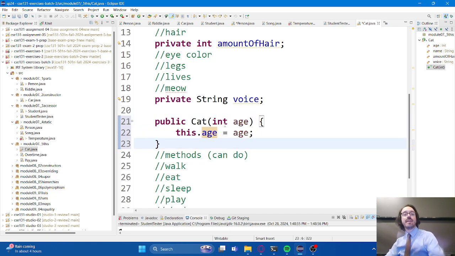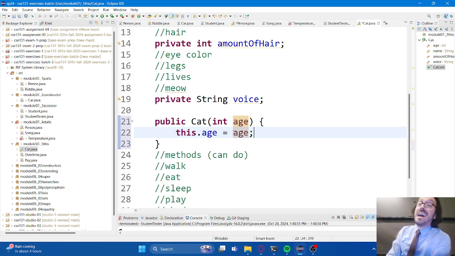The way that I've got this set right now means that I could create a cat that is 7 years old if I wanted to, right? I just plug in the number 7, and then voila, I now have a cat that's 7 years old. But think about what we're doing. We're creating cats. I'm bringing a cat into the world for the first time. And I would argue that when a cat comes into the world for the first time, it is not 7, it is 0. I would argue that every single cat that gets created has the same age, and that age is 0, right? So again, this is more of a design decision, I suppose.